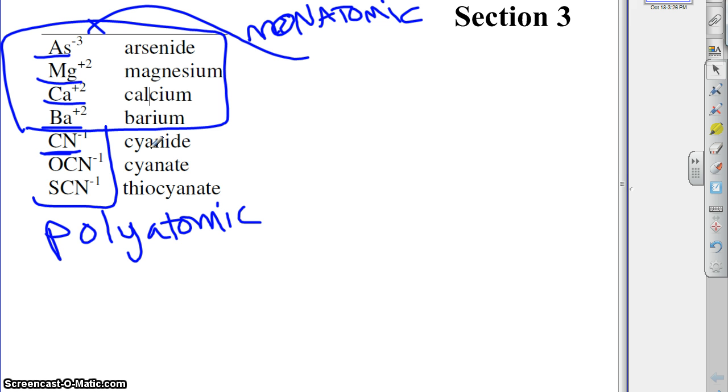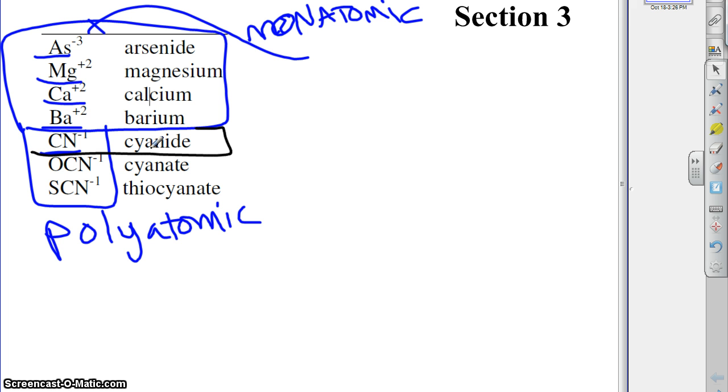So the polyatomics, like nitrate and nitrite from last week, are the ones that are going to take a little bit more of your time to try to learn. There's a lot more memorization involved, and I don't know that there's any real awesome tricks to what I'm going to show you today, but